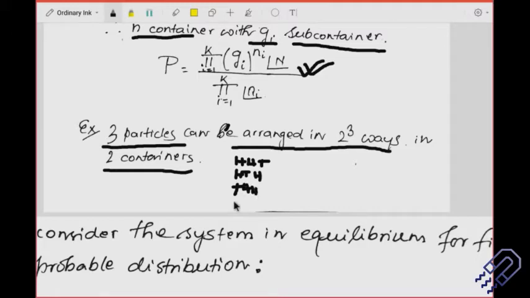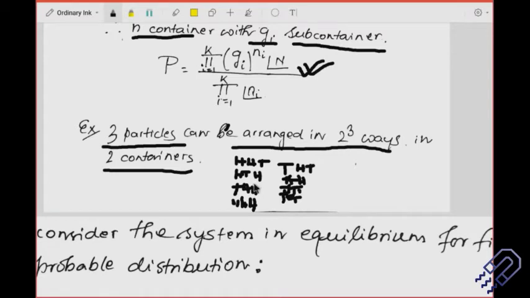Can we have that? Let's see. So what we do is this. A head and then head and then again head. So we already have 4 here. Then we can take tail, head, tail, and then we can have tail, tail, head. So when we do it practically, we see that these are actually possible. What we can have is head, tail, tail, and then we can have tail, tail, tail. So you see, we have got 8 arrangements.